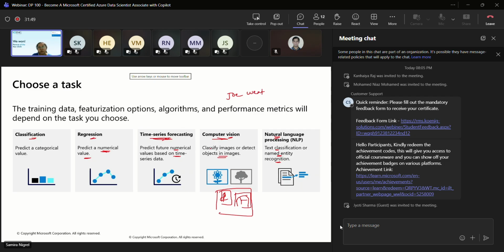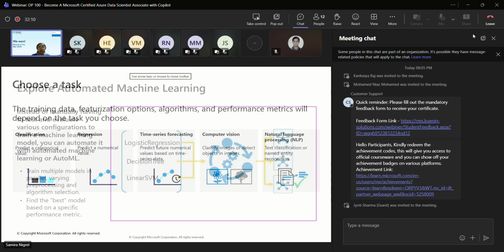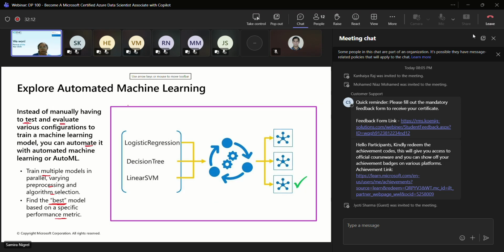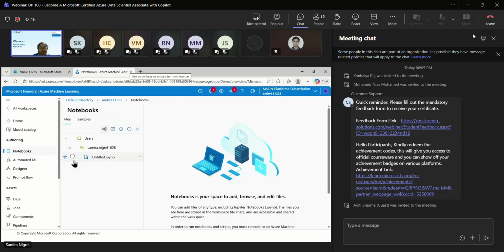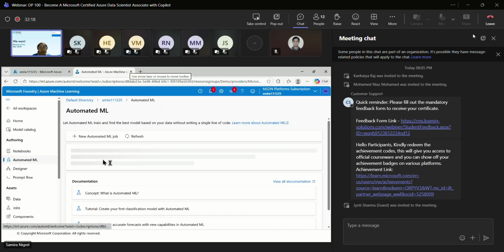Like, Joe went to London on Saturday. I want to identify the name of the person, the location, and which date or day, that's Saturday. Likewise, these things can be identified via named entity recognition using NLP. And this can be done automatically with automated machine learning, or AutoML.